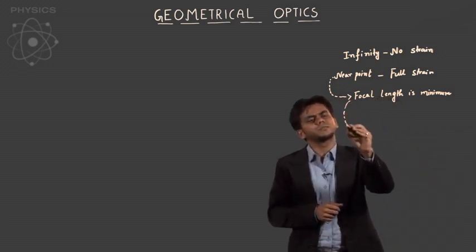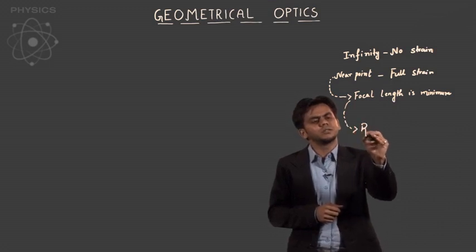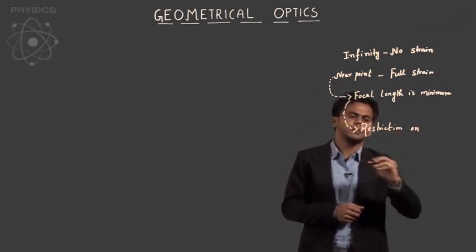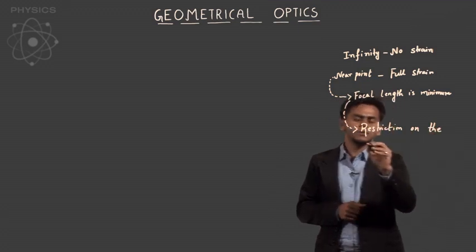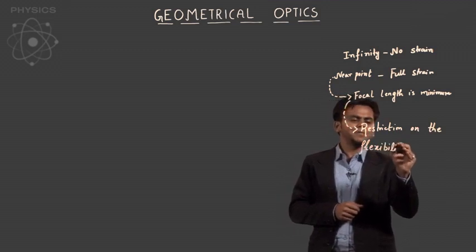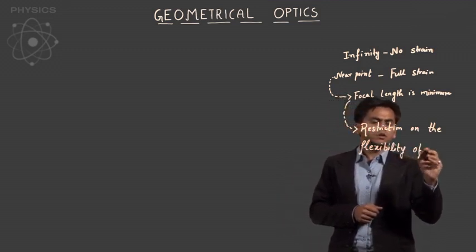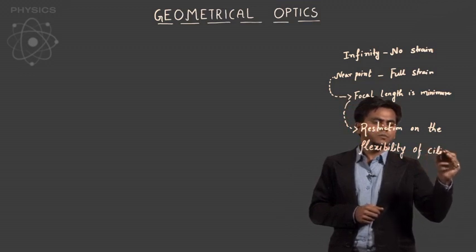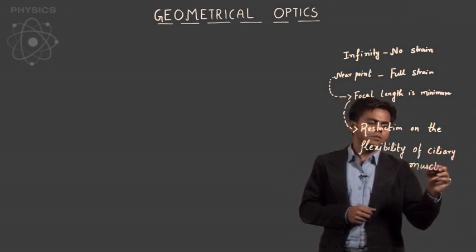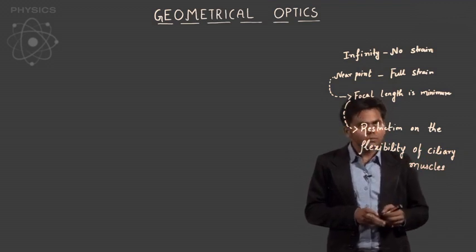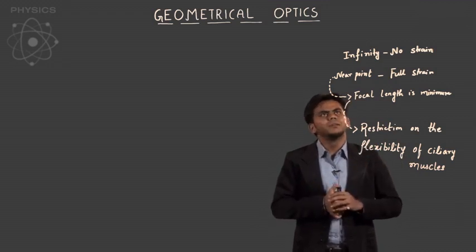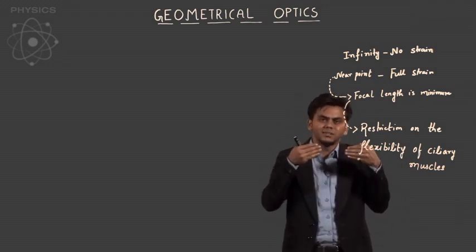This is because of the restriction on the flexibility of ciliary muscles, which means a normal person should see everything between near point to infinity, but not before the near point,